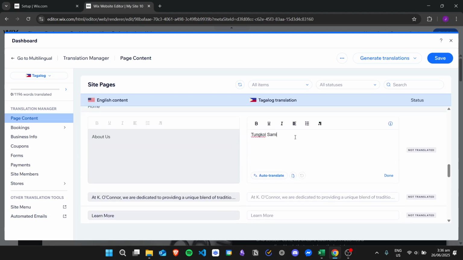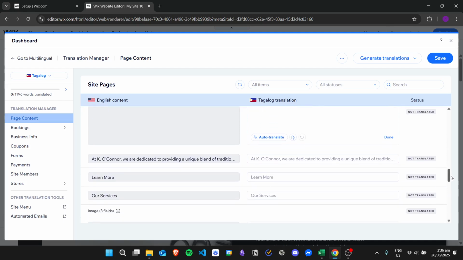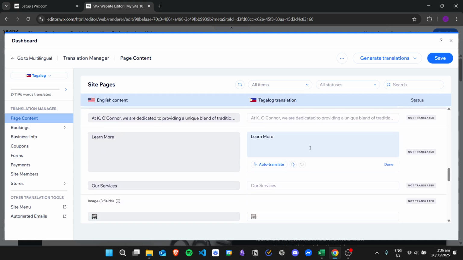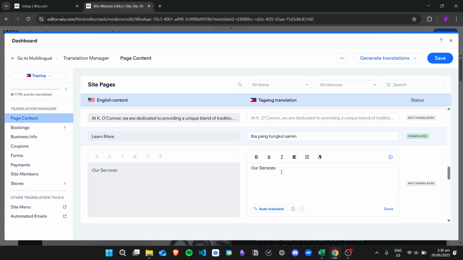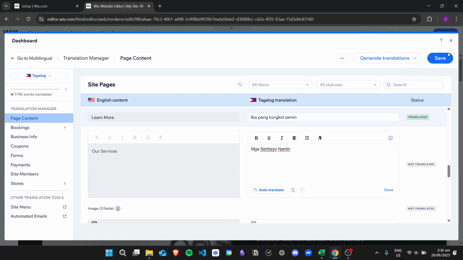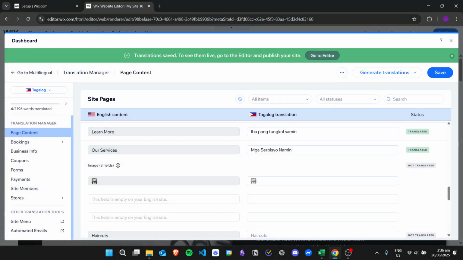And then next, for learn more, and then I'll just put some translations here. And then, for example, I'm done with that. I can just click on save. And then we will go back to our editor,